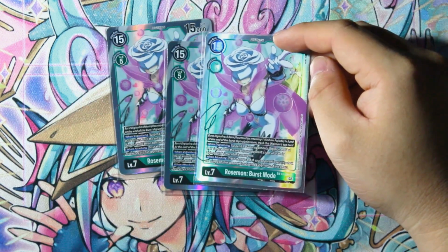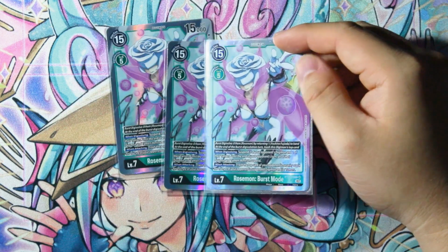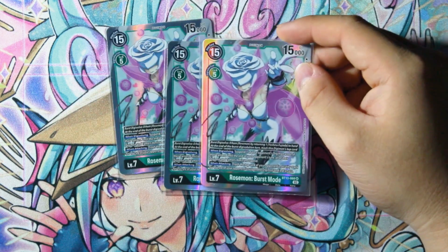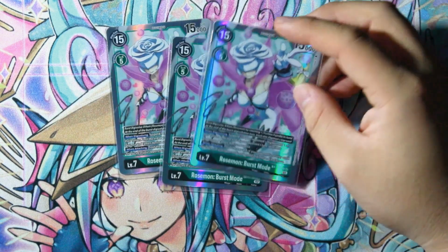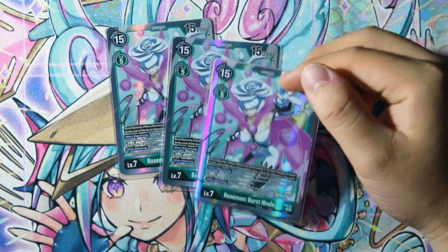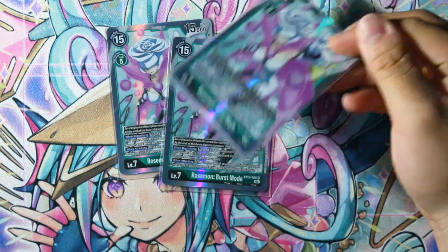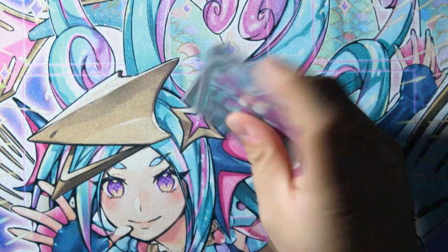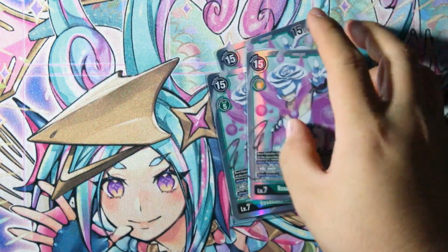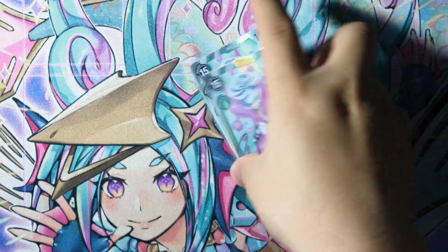And then we have Grandel Soul. So when you would play this card, if you have 2 or more suspended green Digimon in play, it reduces the cost by 2, which is pretty good. So you basically play this for a cost of 6, and then for the main effect, suspend one of your opponent's Digimon, then return one of your opponent's suspended Digimon to the bottom of their deck. So basically it's a